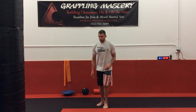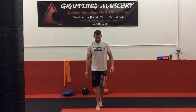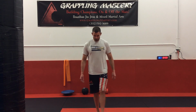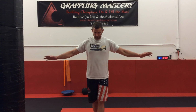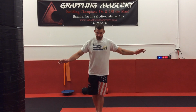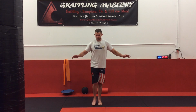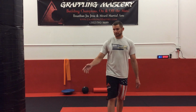Okay. Another cool little footwork drill to do is heel to toe walks. This may not be easy for everyone, but it's a good one to do. Touch your heel to your toe going forward. Maybe find something to hang on to. And then go backwards, toe to heel. This is a good one. Okay. Those are just some simple exercises, a little bit of simple footwork drills you can do,